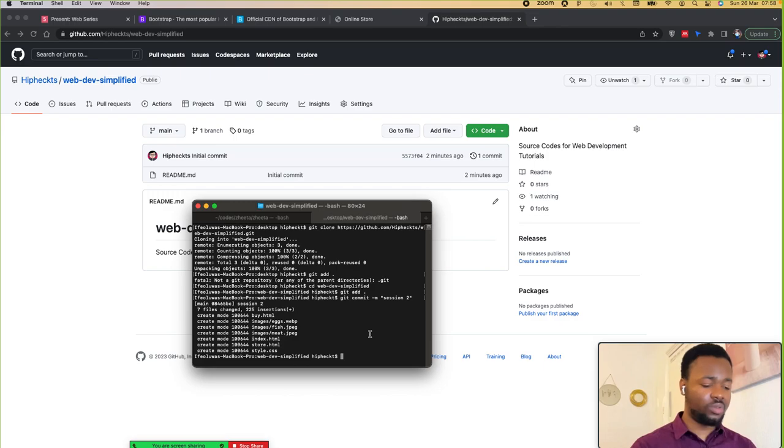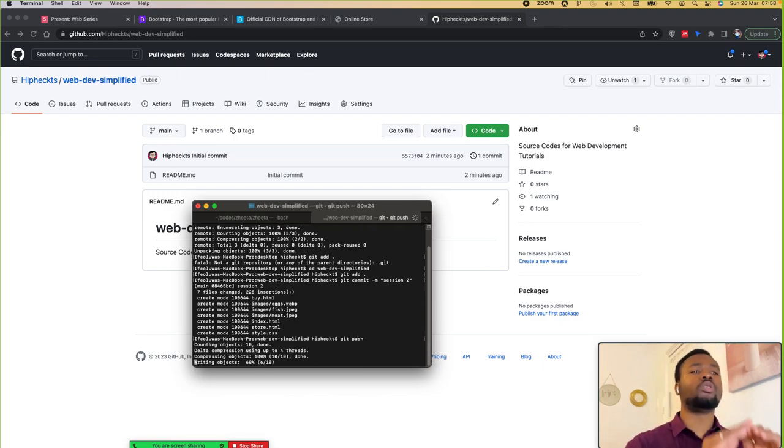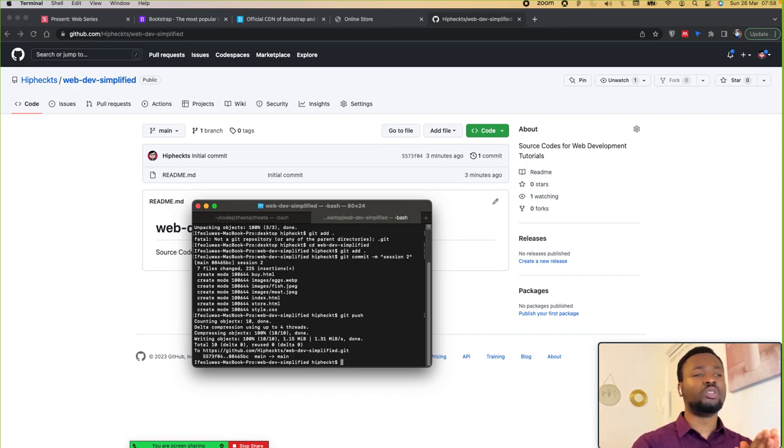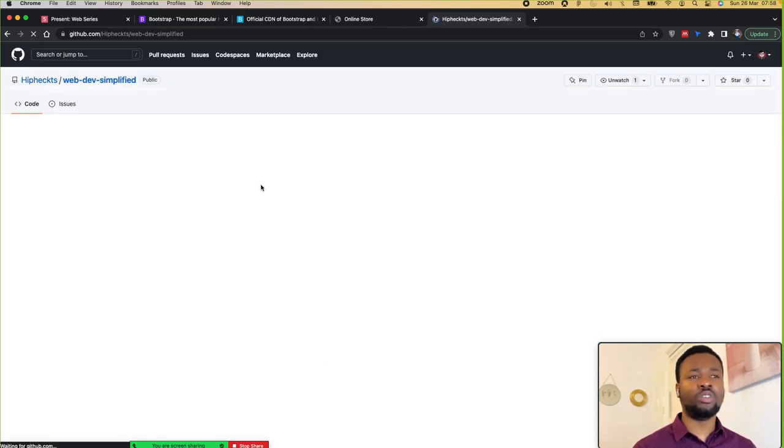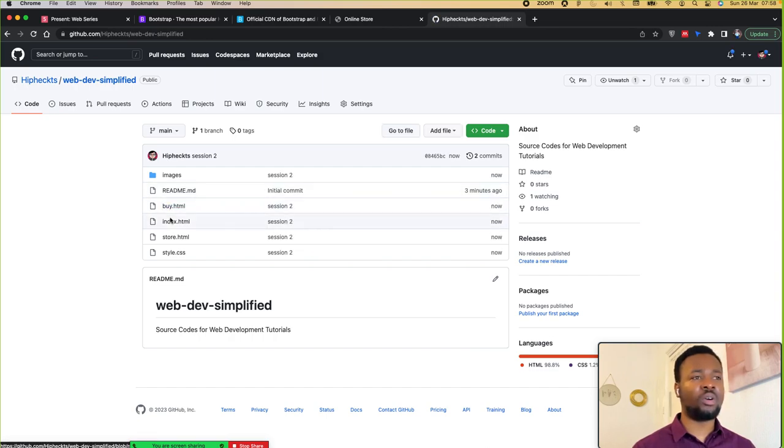So I'm going to now do git push, and then it uploads all the files from my local computer to the server. So it tells you that okay, this has been done. So if I refresh this page now, you see that my file has been updated. You can see all the files, right? And then you can see when it was done. So now